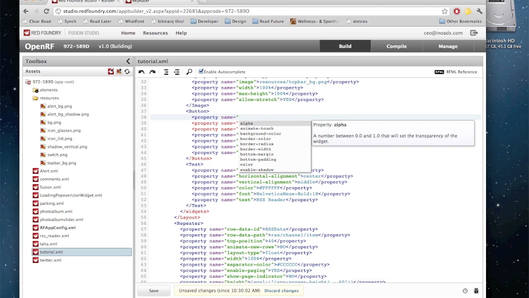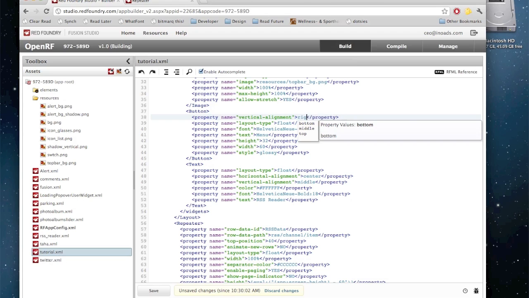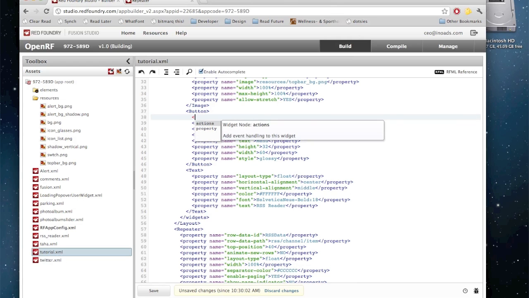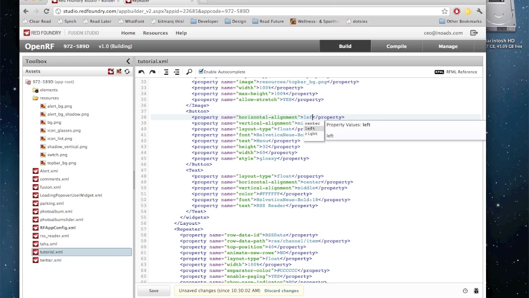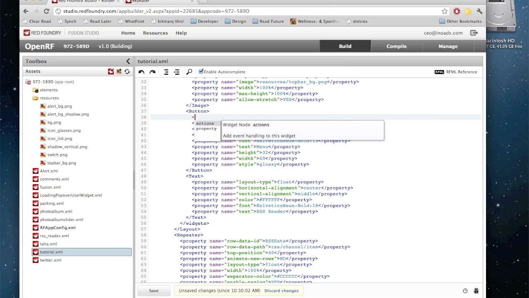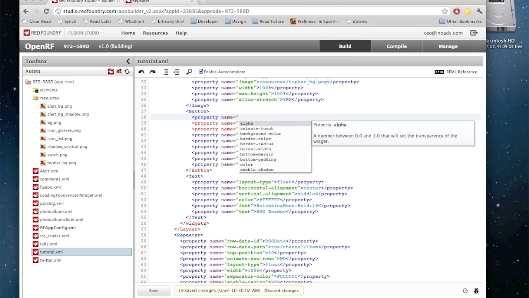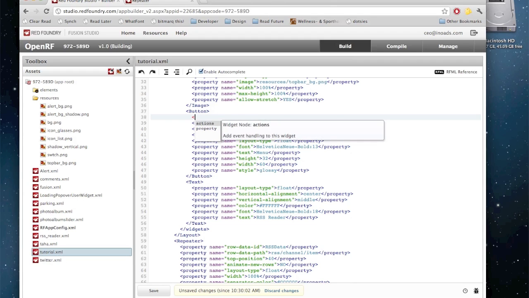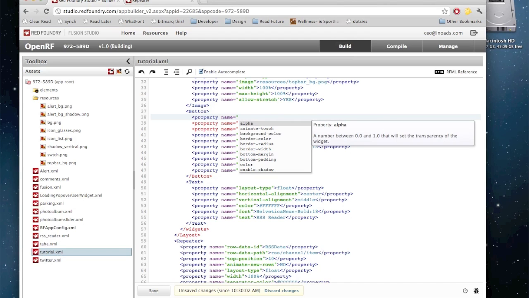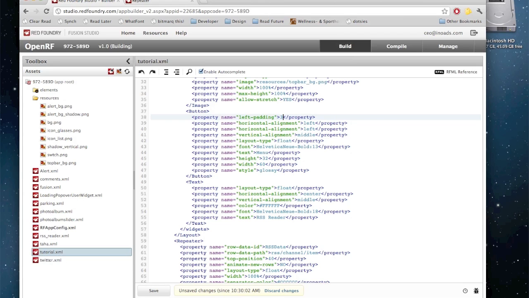So property name, horizontal, vertical alignment, right, middle, and horizontal alignment, left. The property horizontal alignment will be left, and since we don't want the button to stick to the left part of the screen, we'll add a bit of padding to the left. So left padding will be 3,